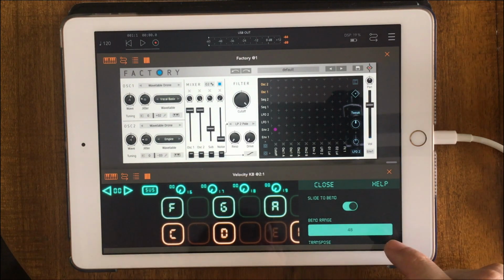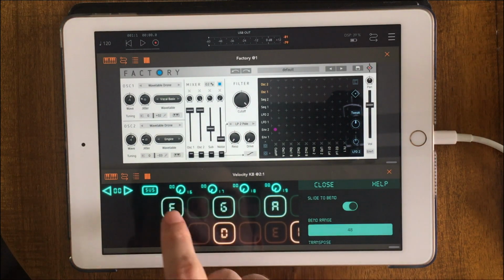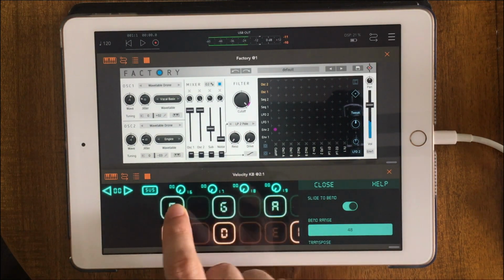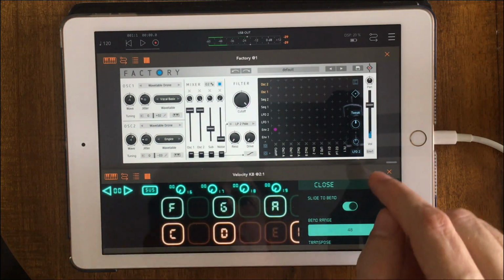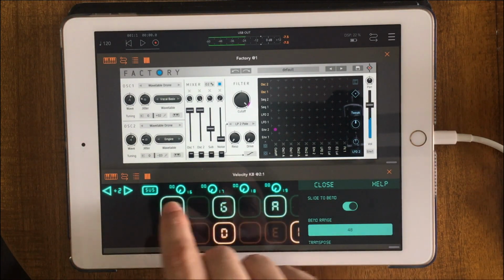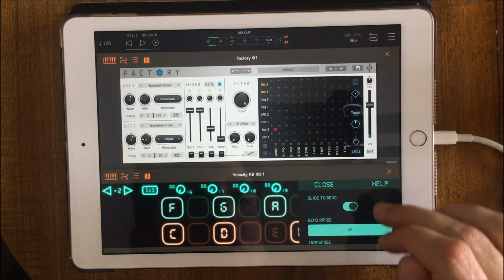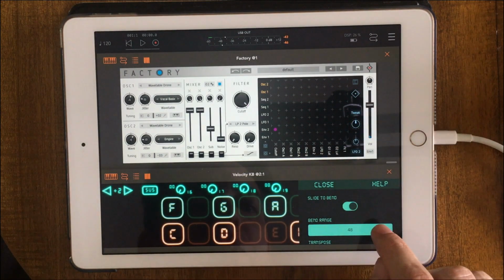I've got bend range set to 48 semitones, which is almost certainly too much for this synth. You see, it doesn't appear to be bending at all. It's going to take us up a few octaves, so it'll be easier to hear that. So the reason it's not bending is that this synth has a low bend range set,